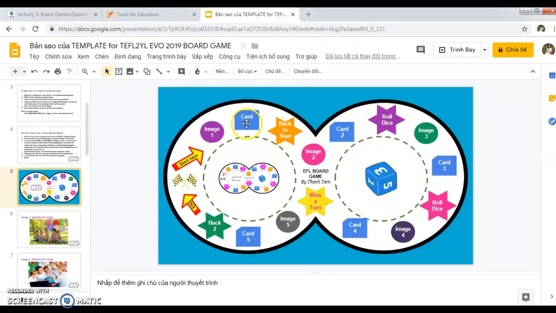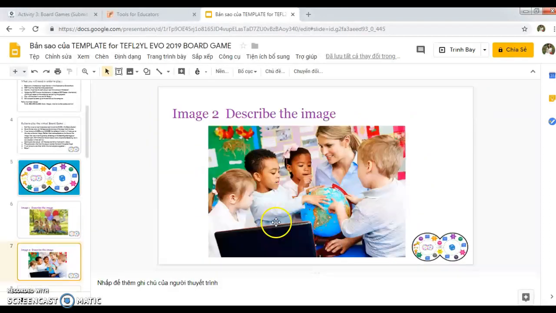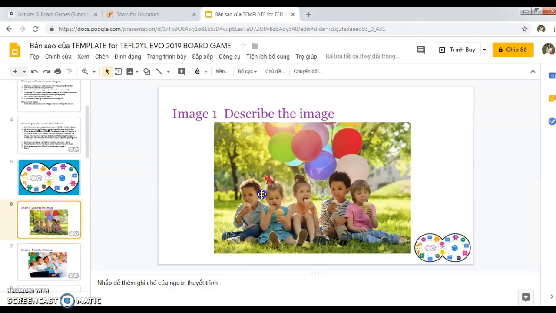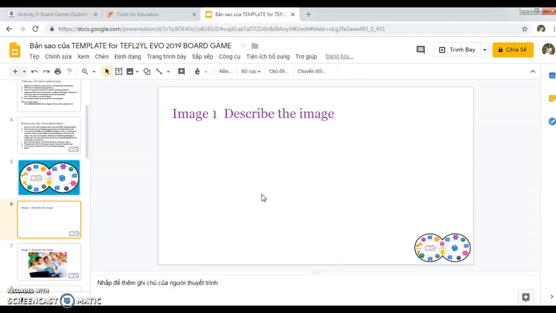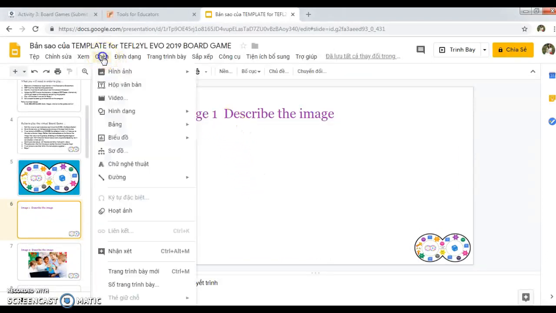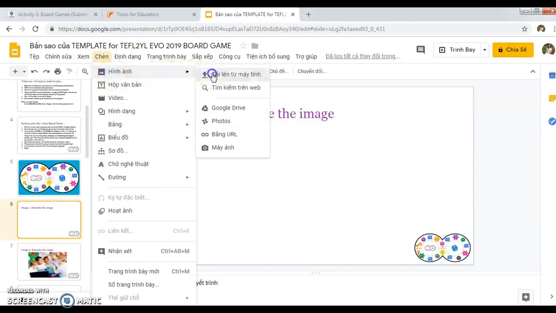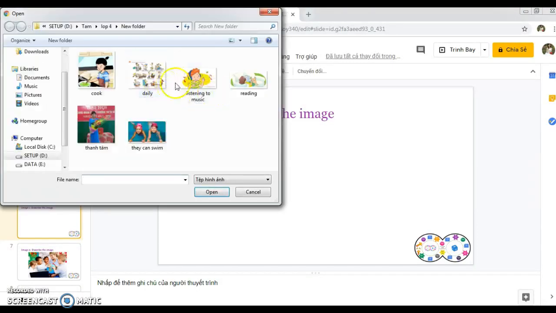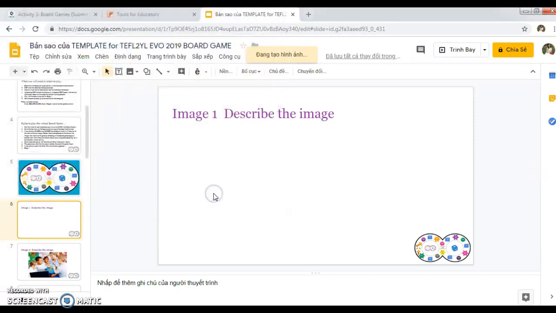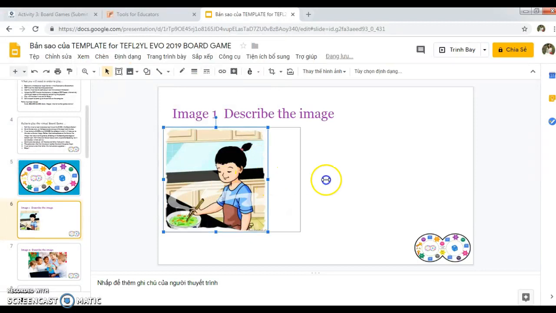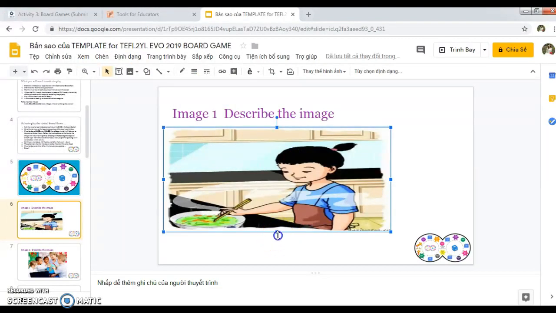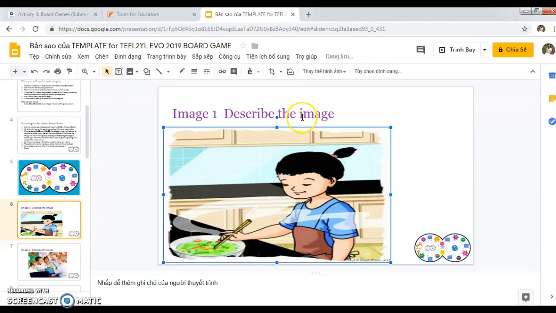Image 1, card 1, image 2, card 2. You can see we have 5 images and 5 cards like here, and I can create another picture. I delete it and I insert another picture from my computer. For example, I put this picture, yes, and I can make it bigger, for example, like that, and I